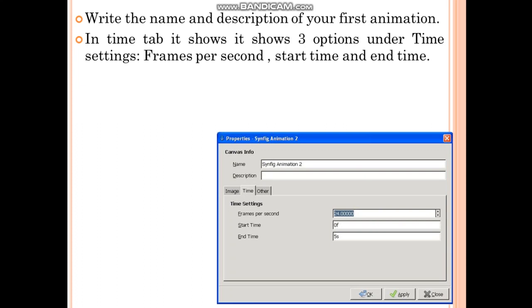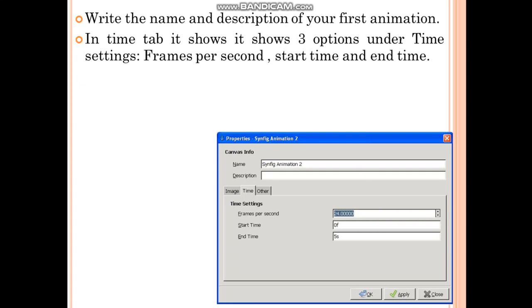So either you can say FPS or frames per second. Its value is 24. It means in 1 second it shows 24 frames, and in each and every frame there is a canvas, and on each and every canvas there is an image.